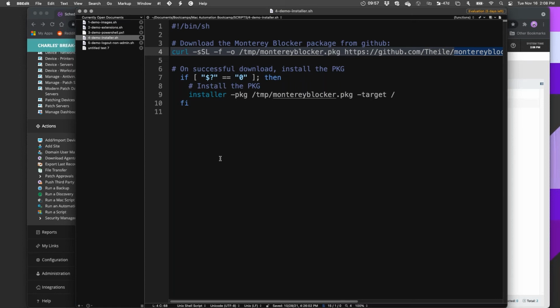So you can prevent your users from going in and double clicking on the installer from Apple, because Apple will very happily send them a notification that says, hey, Monterey is available, why don't you install it now?